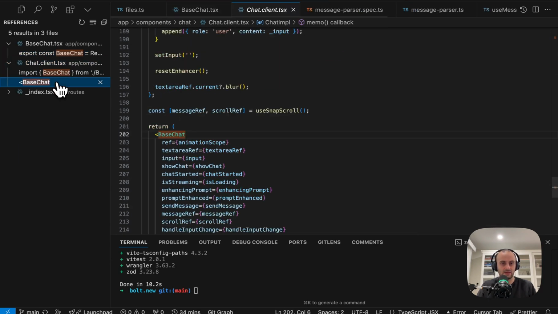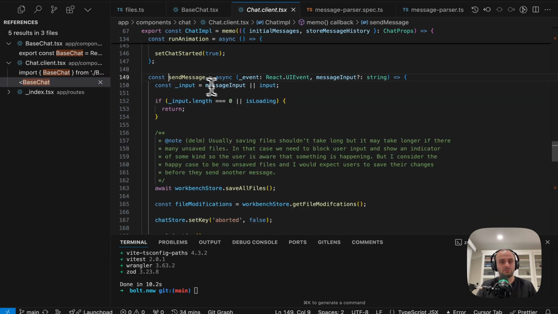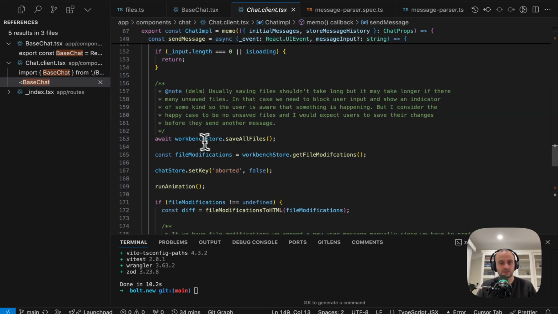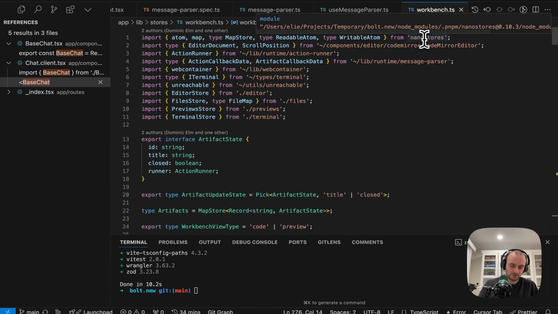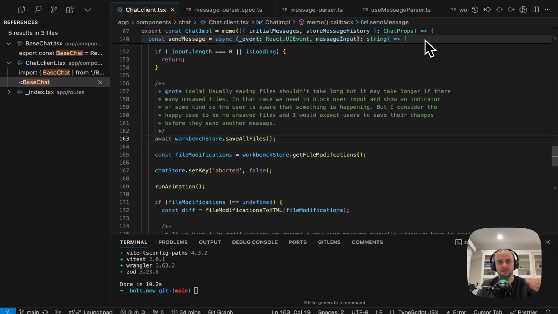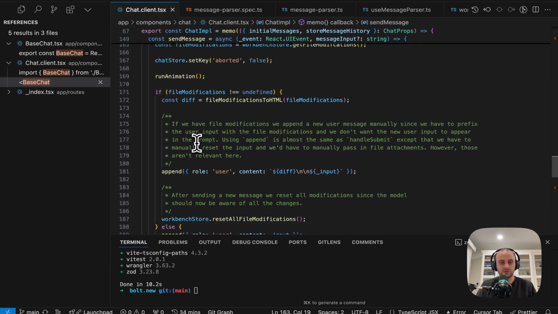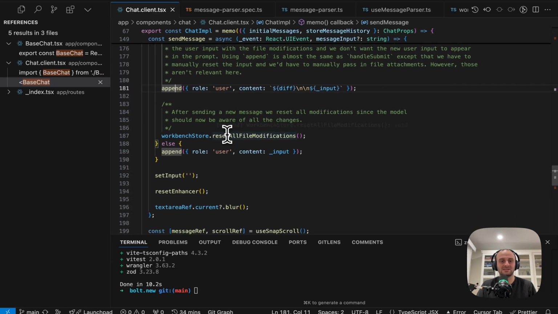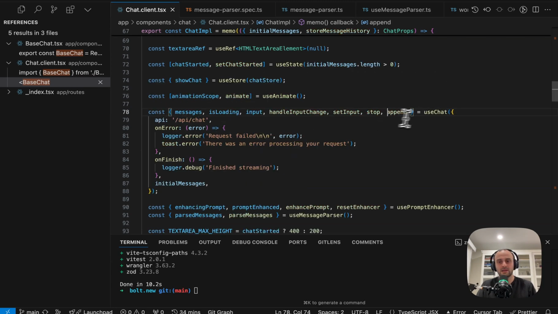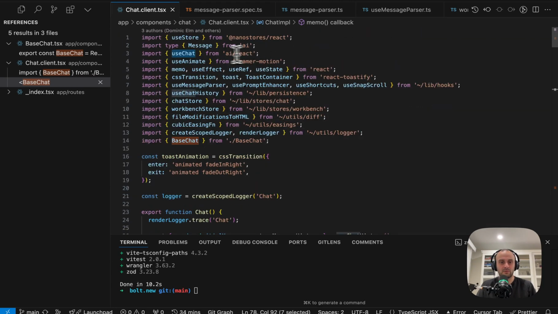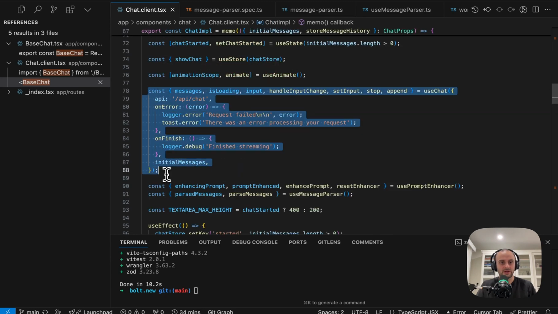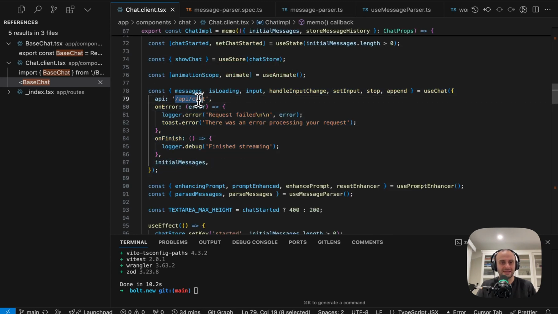Go to BaseChat, and that's used over here, which eventually brings us to this part. Here you can see the workbench store. This is one of those stores that I mentioned, again using Nano Stores. So the entire state for the app is stored in lots of little Nano Stores atoms. And then the important part is where we actually call append. This is the action. And what's that calling? That's from useChat, and this is from the Vercel AI library. You can see up here ai/react. So what this does is it's going to send a call to our server over here,